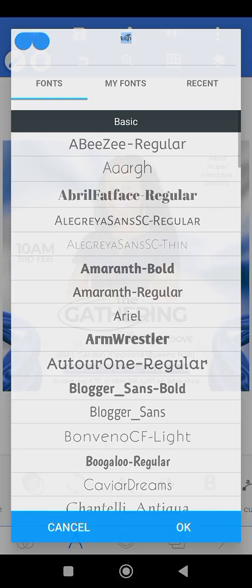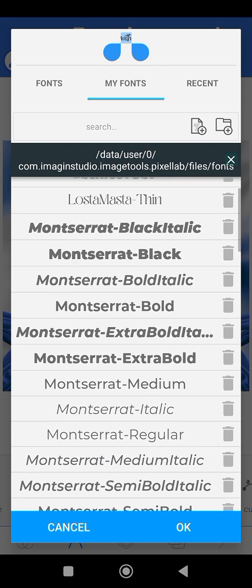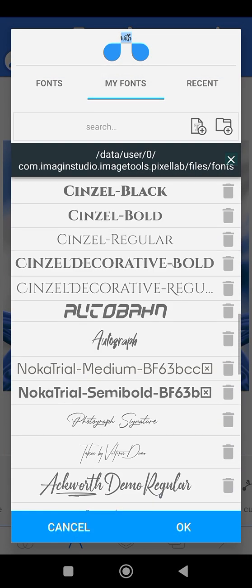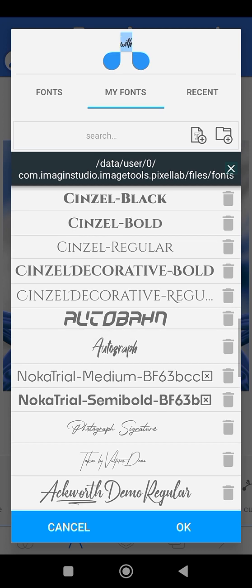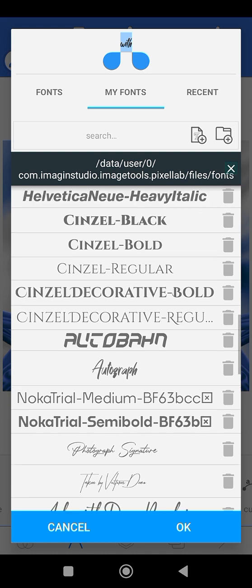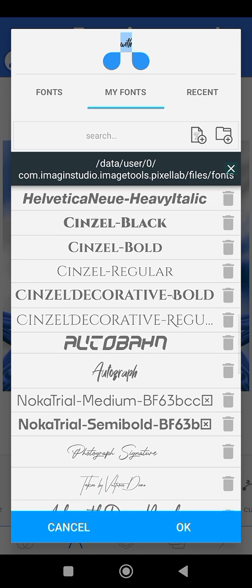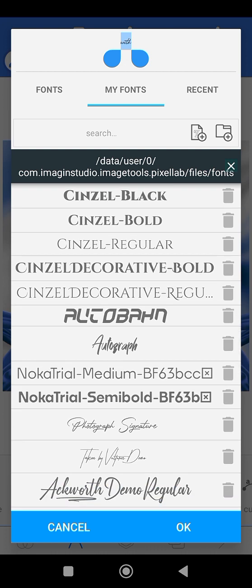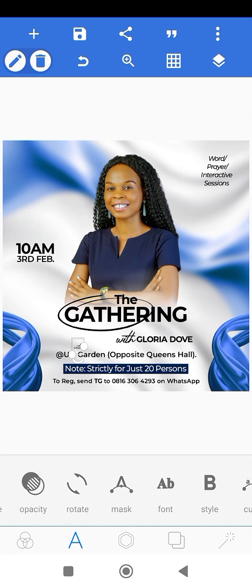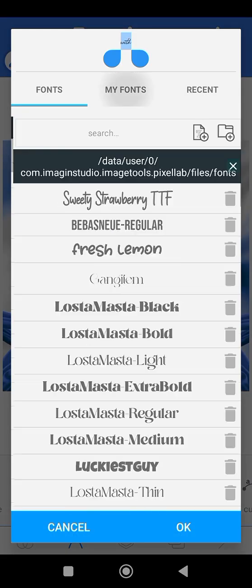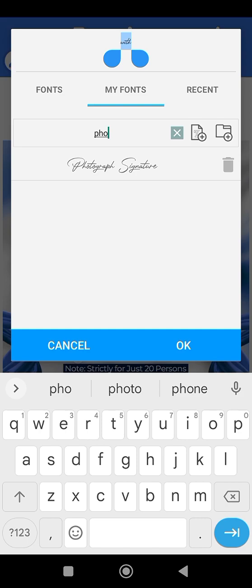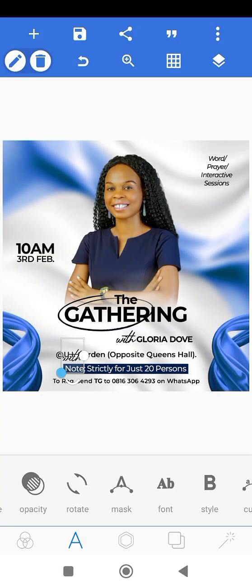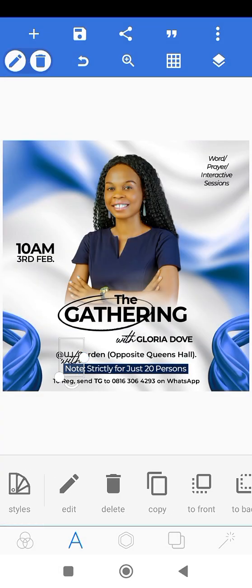No, that's not it. Let me check again. Just give me a minute, please. All right, let's make use of Autograph. All right, so there's a font called Autograph. I'm going to make the font available also. Photograph Signature. Yes, let's make use of the font Photograph Signature. Okay, so I'm just going to increase the size of the "with", and I'm going to make